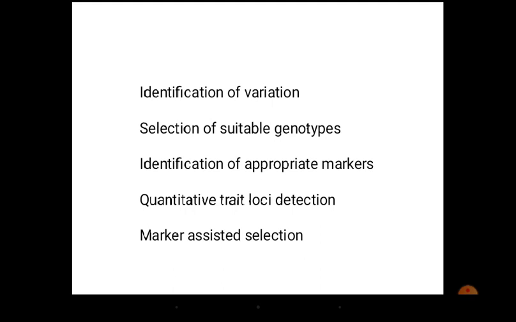So we'll just mention these points. I think those will be suitable for you. One is, I think you have noted down that point: you should identify the variation at trait level, then you should identify the variation at the gene level, so that genes or alleles responsible for higher production are detected for a particular population. Okay, so by doing this you can reduce the generation interval. And naturally, then the next one is, I think, identification of appropriate markers.